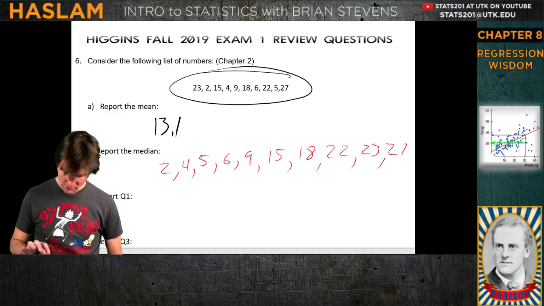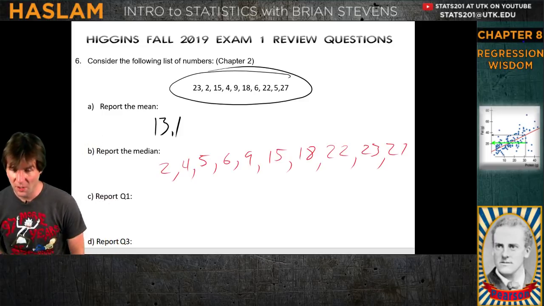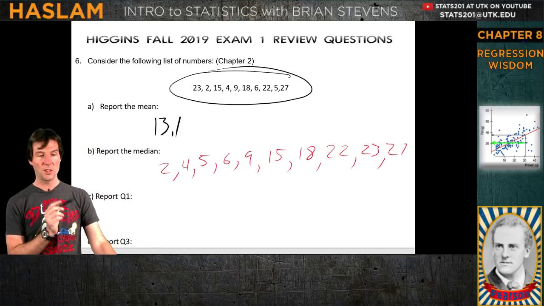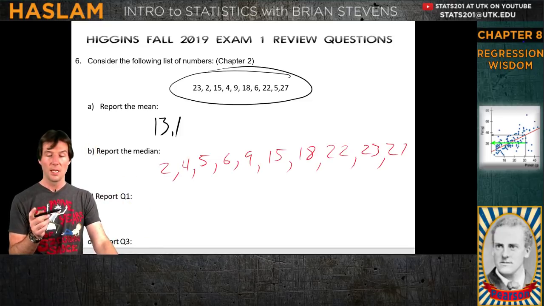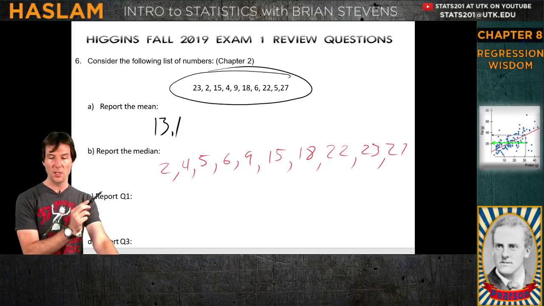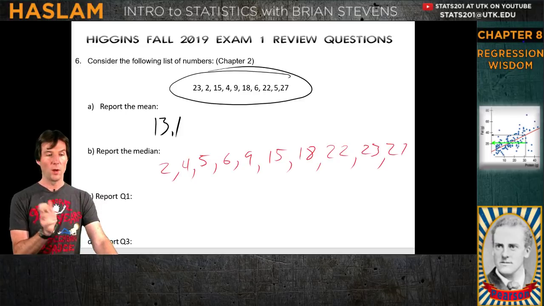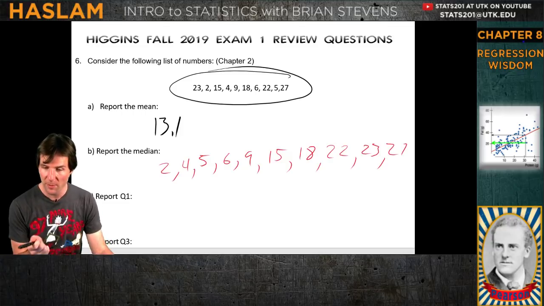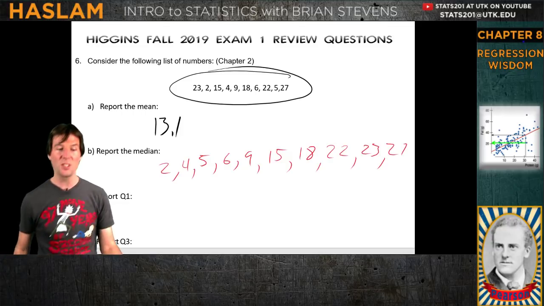Are there 10 numbers? There are 10 numbers. So yes, the calculator makes this so much easier. I have a video on the channel on using the TI calculator to do all these. Has anyone seen my TI calculator help video where it just shows you how to use the 1-Var Stats? Since everyone doesn't have a TI calculator, I'm just doing it here by hand. Thank you very much, people in the chat. Yes, we did it right.